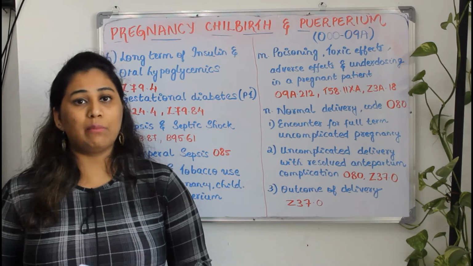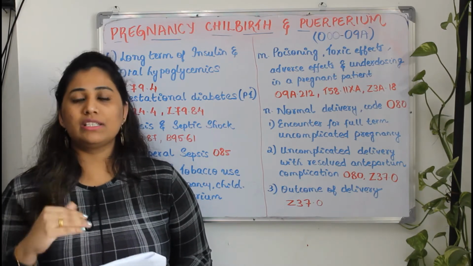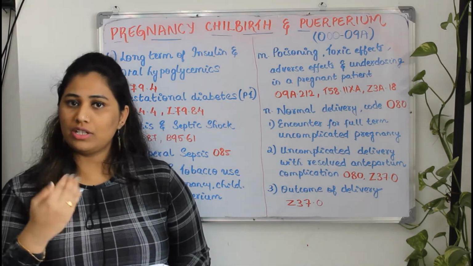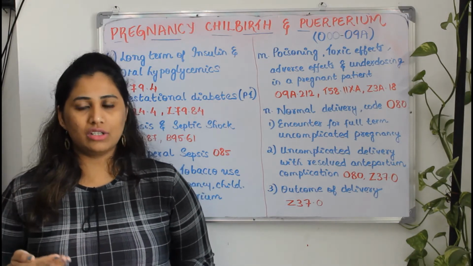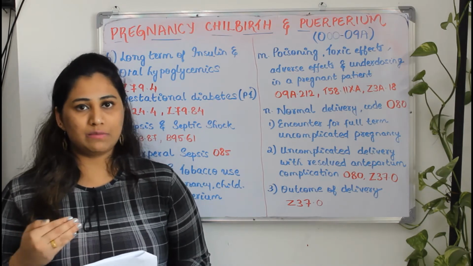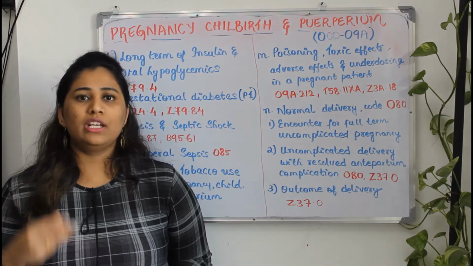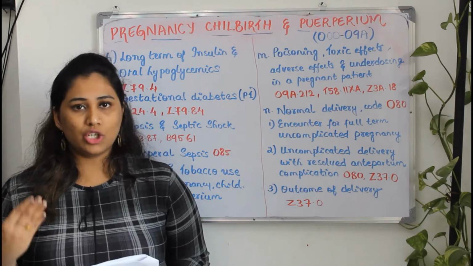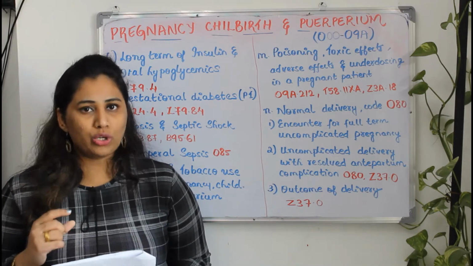Culture returns MSSA. Okay, that means the patient is having a miscarriage and the patient has come to the doctor, patient got miscarriage and they have sent for a culture, and the culture report states the patient is having MSSA, methicillin susceptible staphylococcus aureus. So how will you code in this scenario? Anyway, as the patient was pregnant and she got aborted, your coding series will remain still in O category.